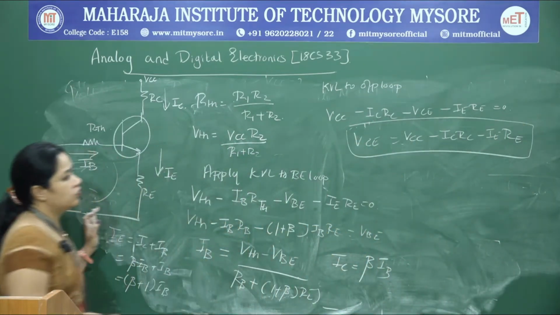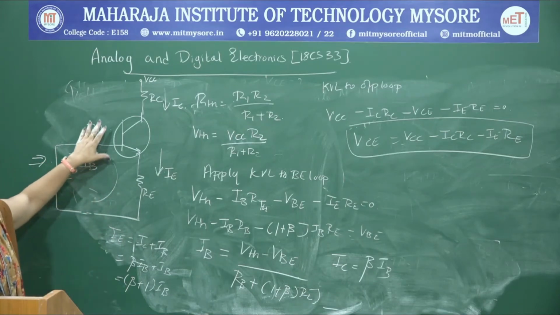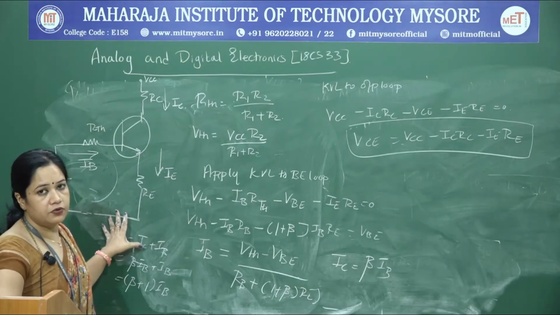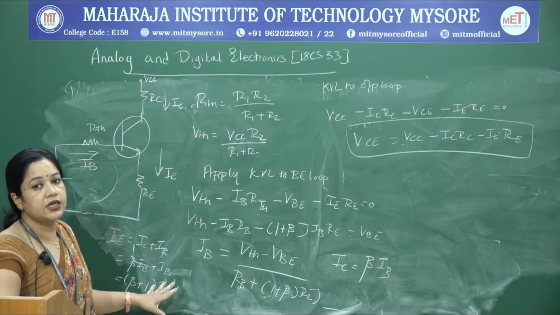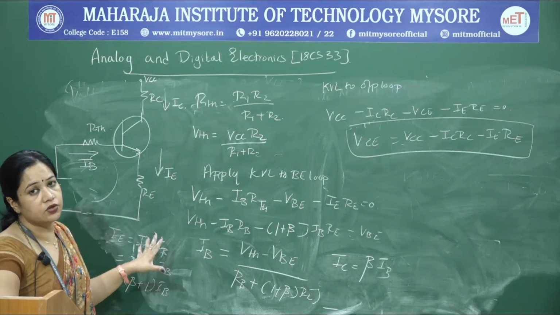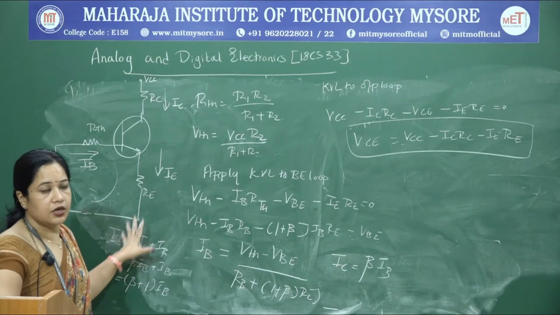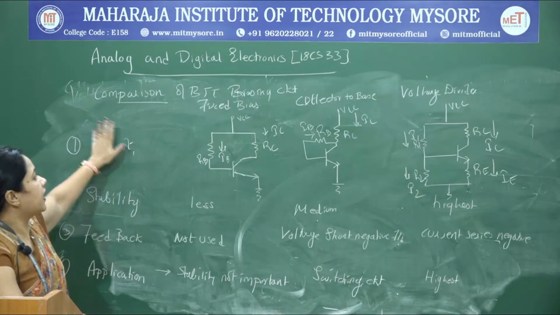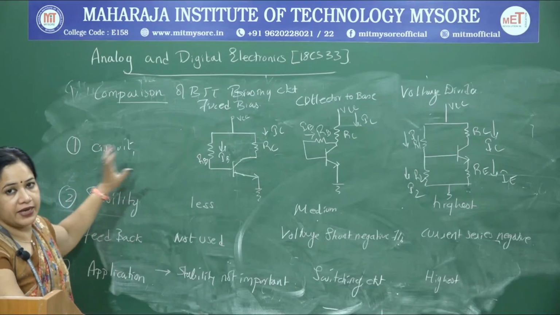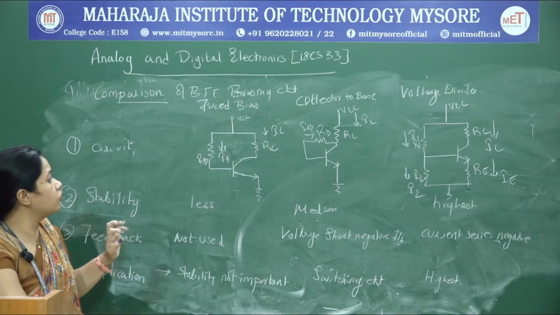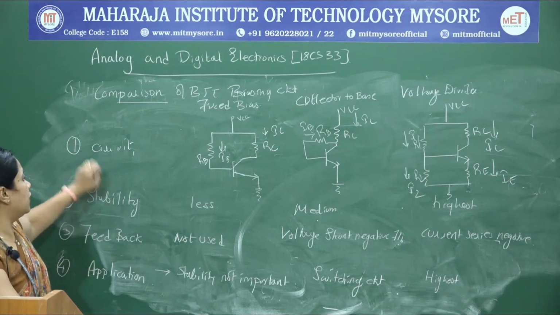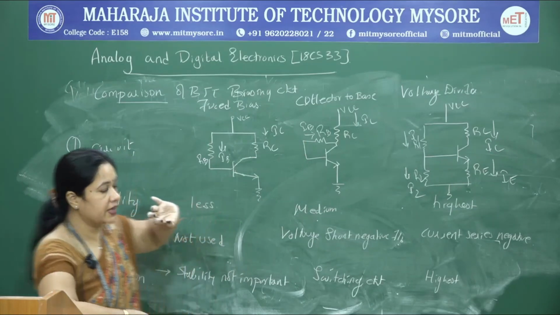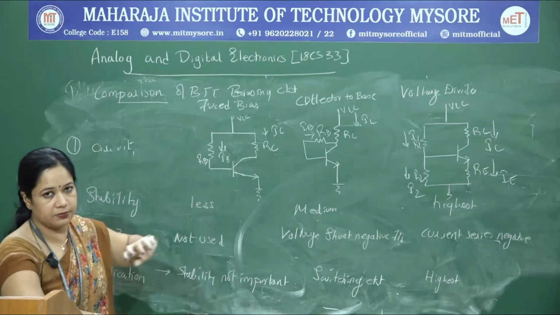So, the analysis of your voltage divider circuit can be done either using the approximate method or the accurate method, which we have discussed. Now, we will try to compare all the three biasing circuits, end our conclusion and give an introduction to op-amp application circuits. Now we will summarize all the biasing circuits in the form of a comparison. We have looked into the fixed bias, collector bias and voltage divider bias, and we use these parameters to compare these biasing circuits.